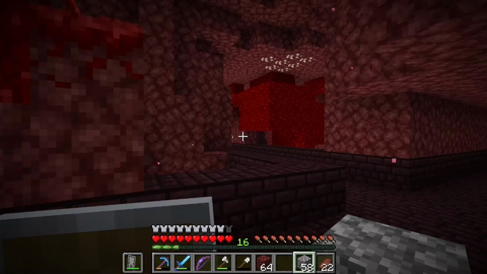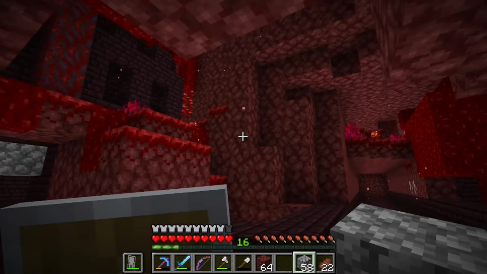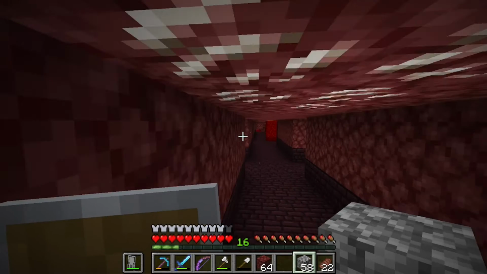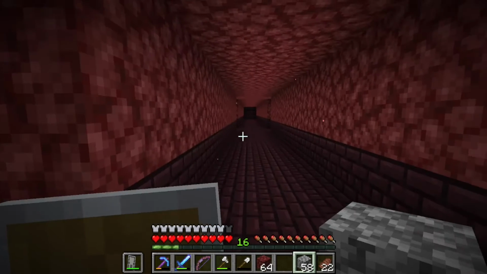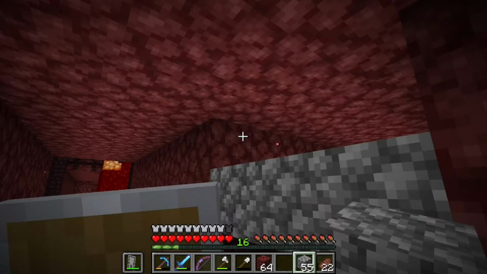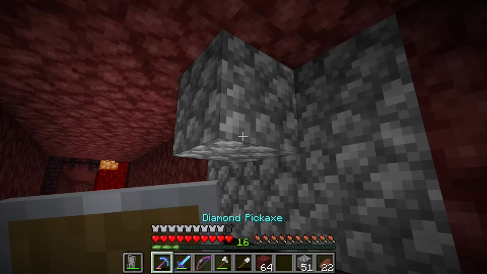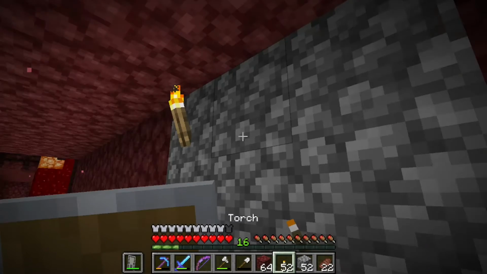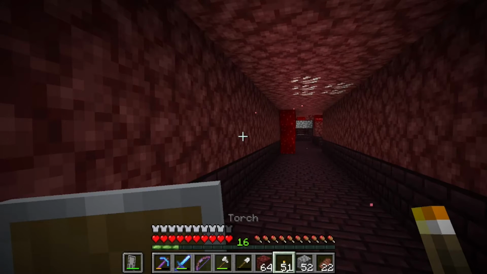Now, we are in Crimson Forest, so we should definitely be careful for the pigs. Hoglins, yeah, Hoglins. I know I should be careful. And we have a blaze spawner, so I'll just mark this really quick. Hope I don't get ambushed by anything. And we will be, definitely soon, because